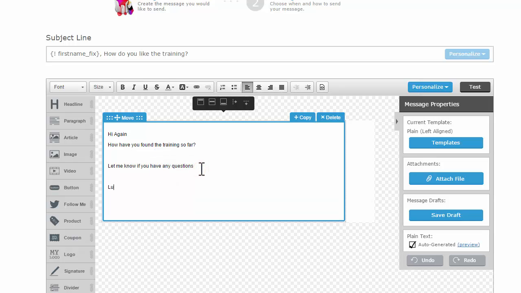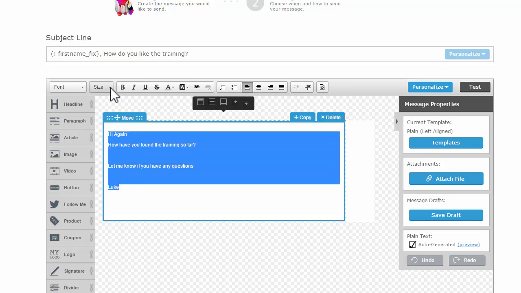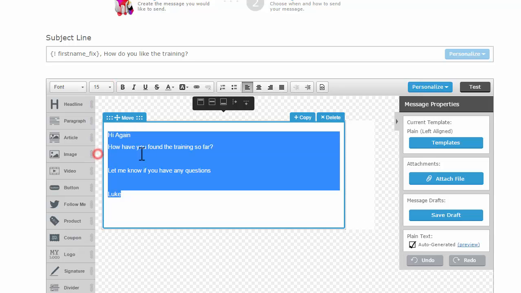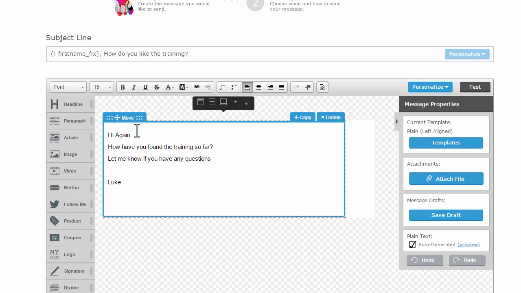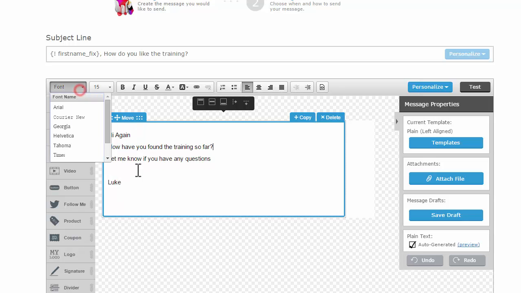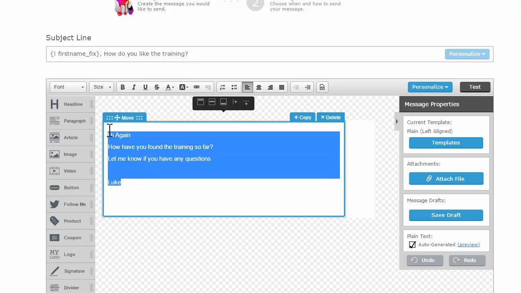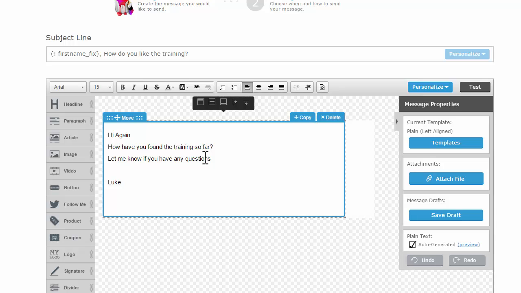And so you can see this is just another follow-up email. Let's say that we want to play around with this a little bit. This is all very simple, okay? So you can go through this just like Microsoft Word. You can change everything, your font, your text size, bold, anything that you like to. Okay, so that's really, really easy. Again, you can add your links. So let's say